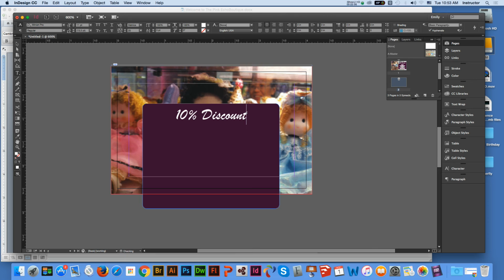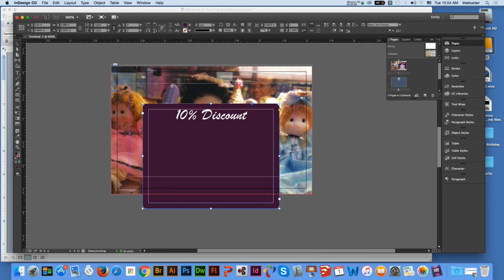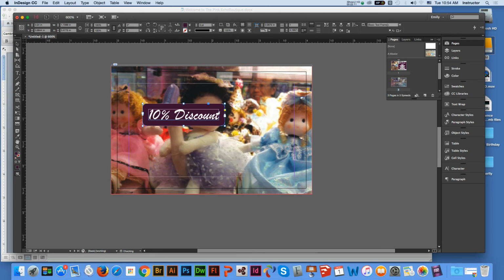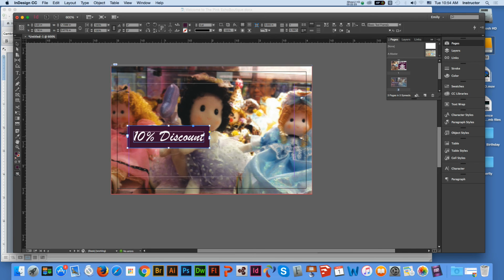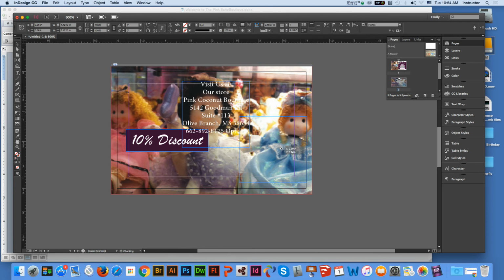And make this box, which is right now really big. I'll double click this and shrink this 10% down. I'm going to click this yellow thing and make it straight. 10% discount. And this box I'm going to put it here. Going to give a